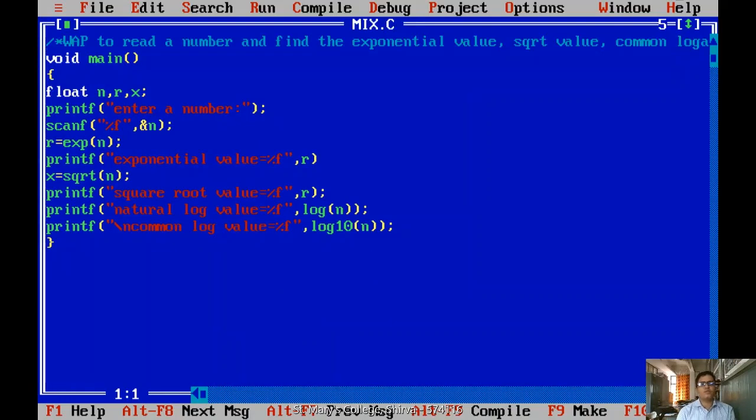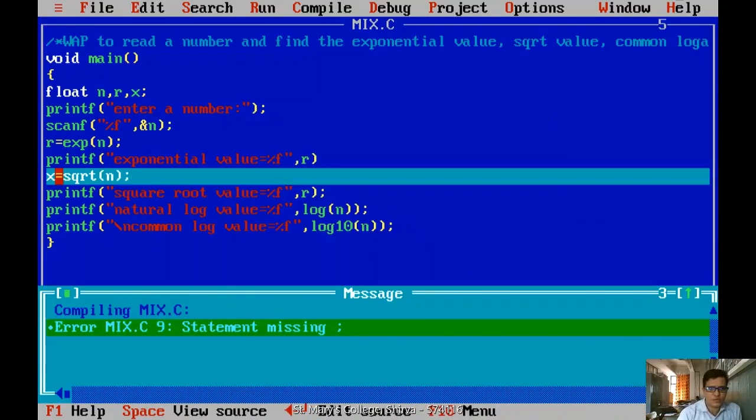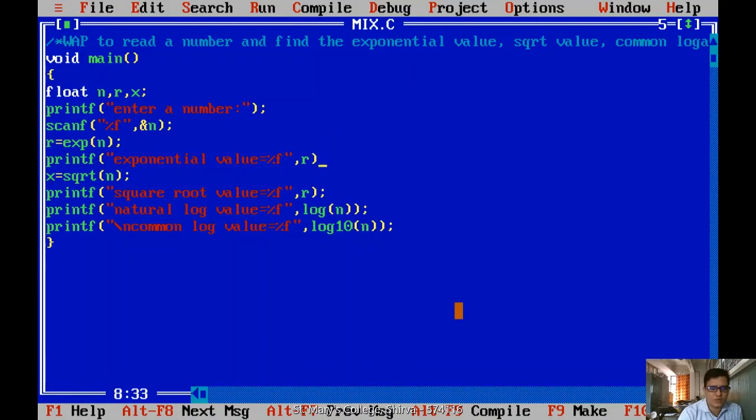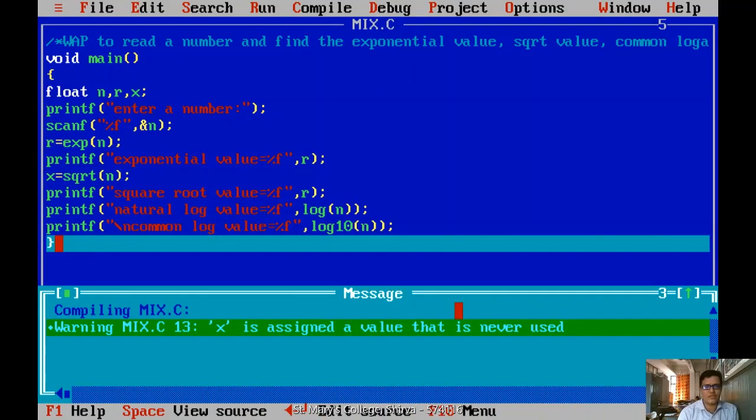Now you check it, I am compiling. Whenever I am compiling, I am getting an error. What is that error? Statement missing. Okay, yes, let me make this statement correct. Here the semicolon has been missed, I am adding the semicolon, save, and I am compiling. Whenever compiling, it gets an error, right? X is assigned a value, it is never used.